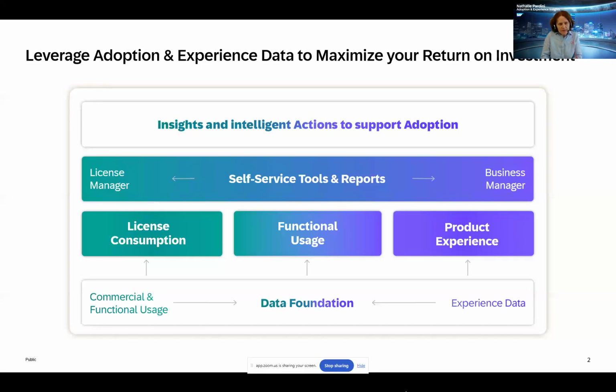At SAP, we systematically collect adoption and experience data to improve the usage and outcomes of our cloud software products. These actionable insights are also shared with our customers via SAP for Me. We offer a transparent view into how organizations are utilizing their purchased solutions to maximize their return on investment. Different personas or user roles may be interested in various data sets. However, it is most effective to consider adoption experience data holistically as all elements are interconnected.